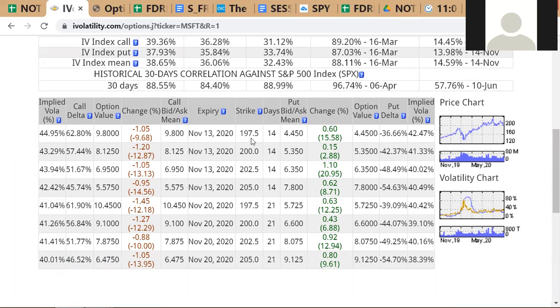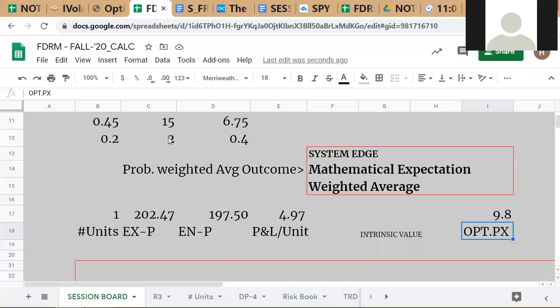In this particular case, the price that we see in the market is a mid price. In actual fact, when you are buying or selling, if you sell, you'll have to sell at the bid price, which will be lower than 9.8. And if you're buying, you'll have to buy at the offer or ask price, which will be higher than 9.8. But let's assume here that we can trade at the mid. So you're buying it at 9.8. So the option price is 9.8.